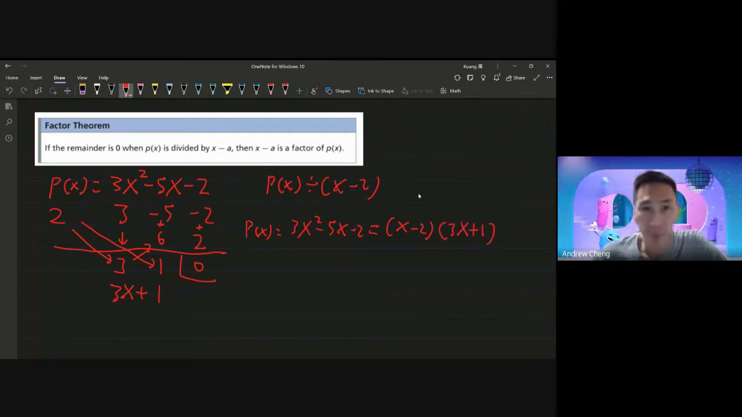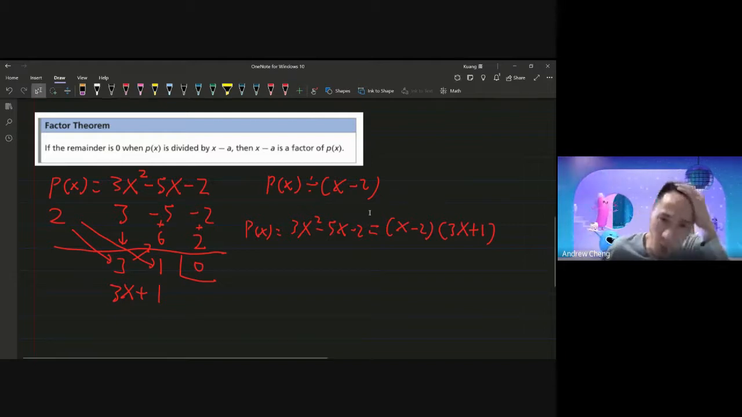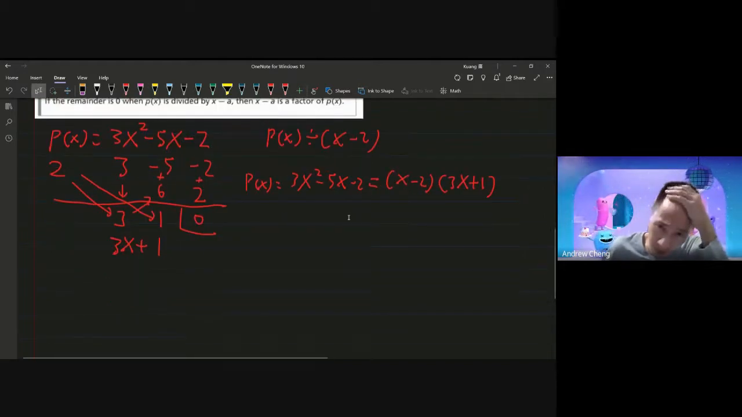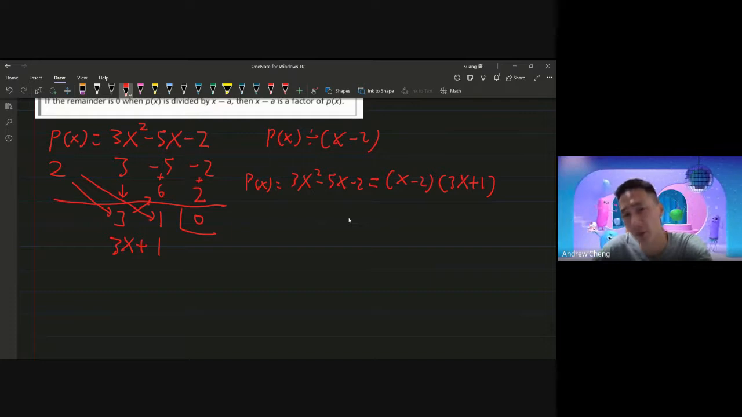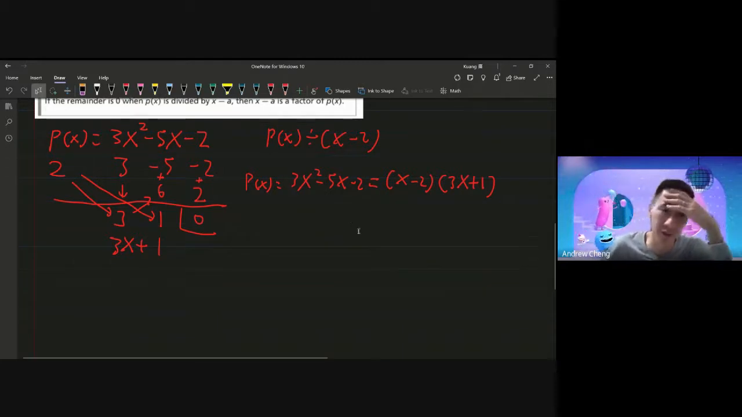All right. So x minus a is a factor of p of x. Why is this so important? Because for a quadratic it is not that important, because we can find a factor of a quadratic, not that hard. But if I get a higher degree, for example,